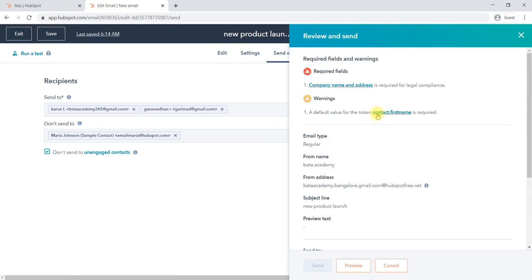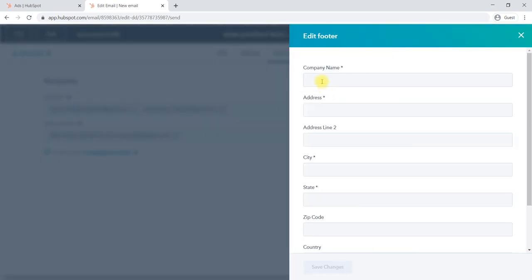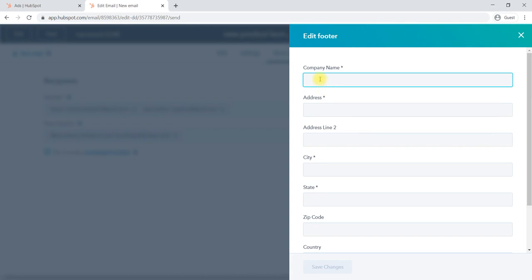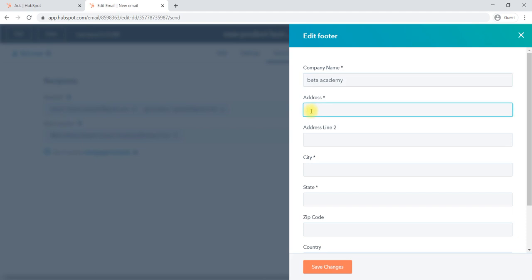Here you will not get a send option because something has to be modified. That is the company name and address, which need to be provided. We'll provide that. Select the company name and address we have to use. In a mail it will be shown.